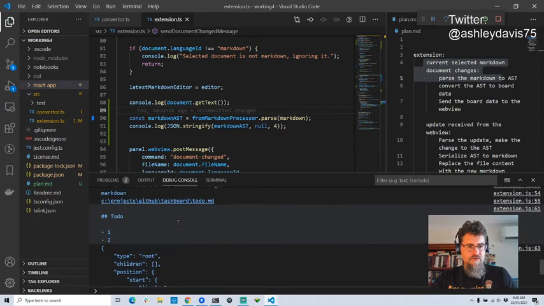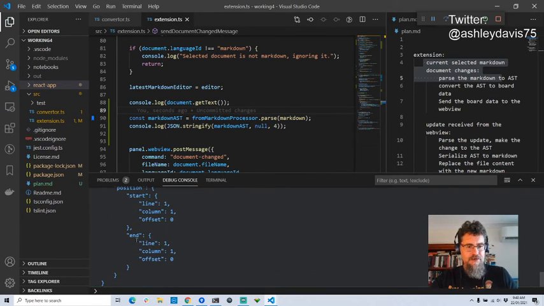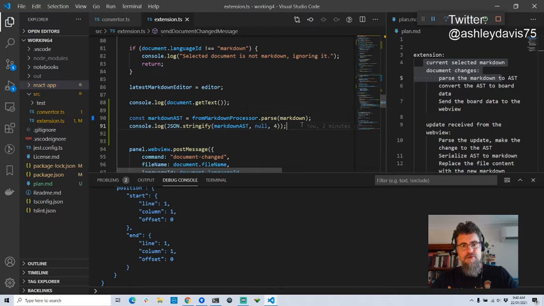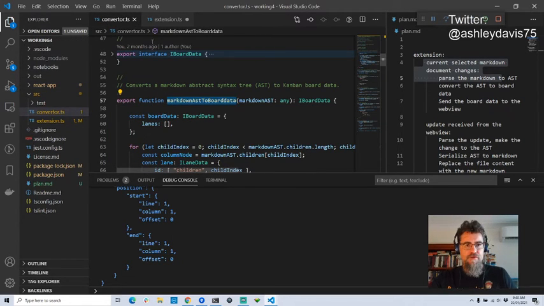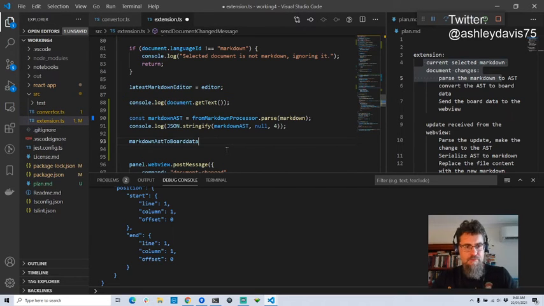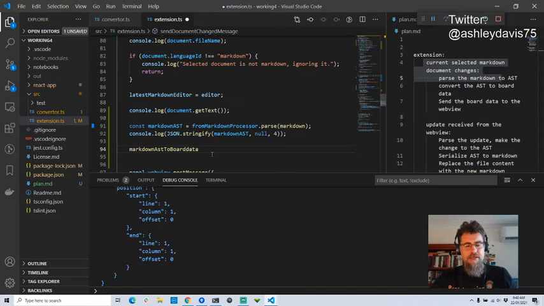Okay, cool. So here we've got a small abstract syntax tree printed out for the Markdown file. That's the next step. That's great. The next step after that is to actually convert this to Kanban board data. And for that, we want to call the actual converter function here, Markdown AST to board data. So I'm just going to copy and paste the name of that in. And then I'm going to hit Control dot, I think it is, yep, to have it automatically import this for me. So that's what I love about Visual Studio Code, is that it can figure out stuff like that for